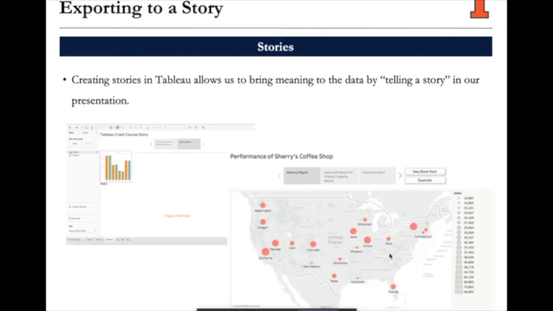So this is really the best part about Tableau, that you can compile all of your worksheets from one data source or many data sources to convey an overall presentation. So let's just get started. Creating stories, Tableau allows us to bring meaning to the data by telling a story